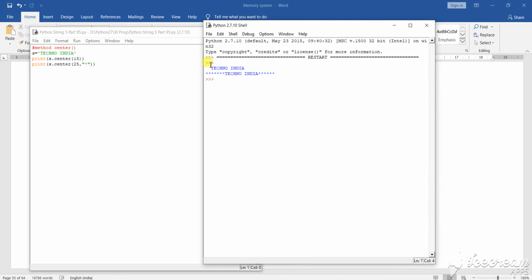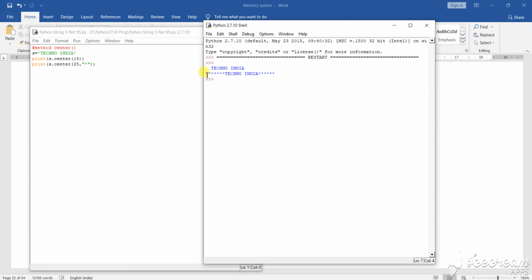In these 12 characters, you will see that from the front it has taken 2 places. So 12 plus 2 means how much? 14. And at the back it has left one place. You may say, sir, where is the place? All the places are there. No, that is not the actual scenario. The actual scenario is that 15 places have been given for it.